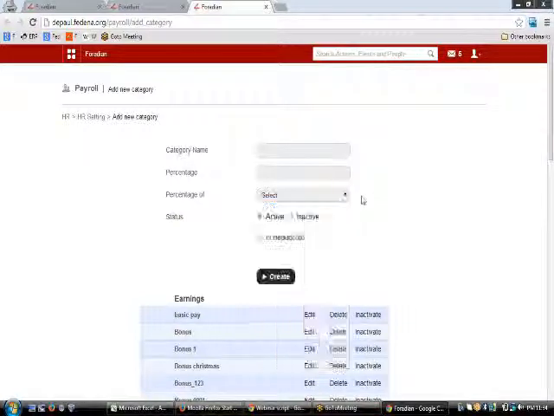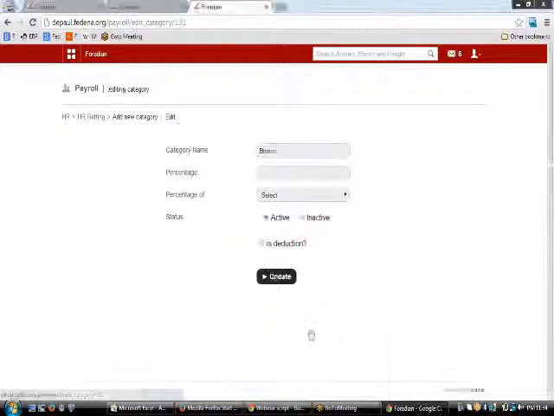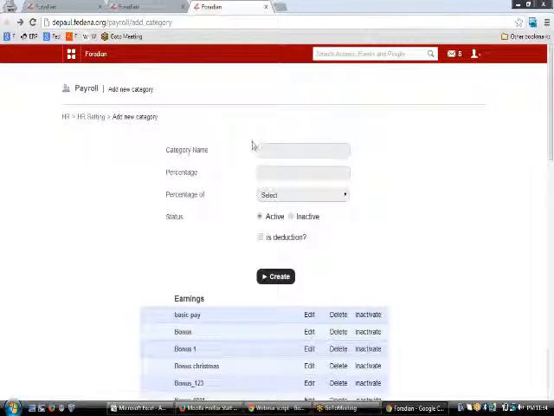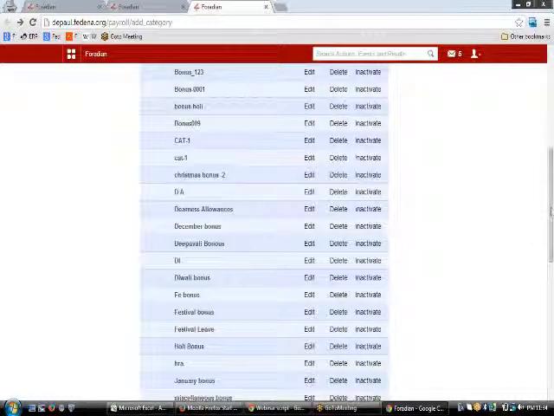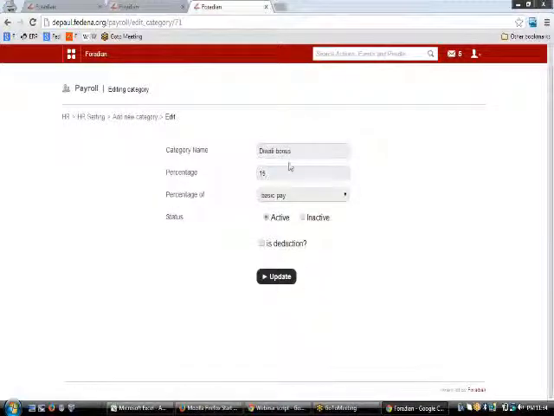So like let us suppose I have this bonus here, or let me go to some other bonus to showcase you. So as a bonus created here, here we have this Diwali bonus, and the percentage is 15% of the basic pay, and it's active.